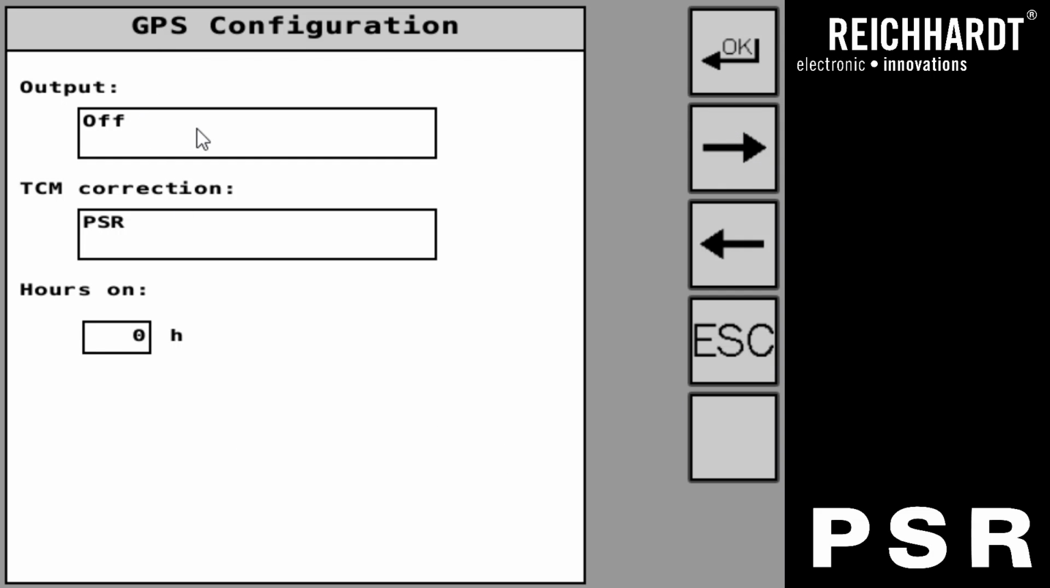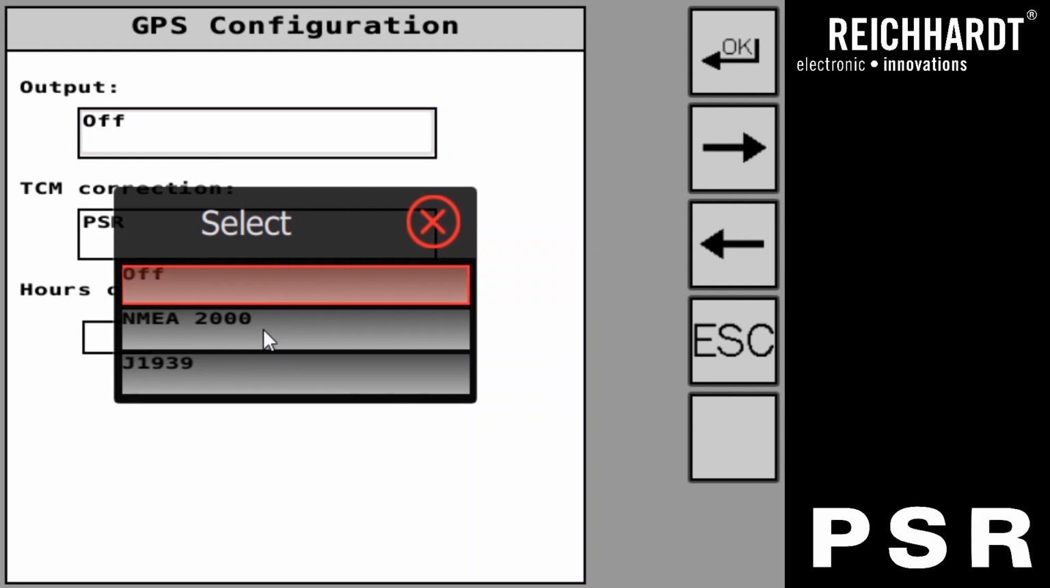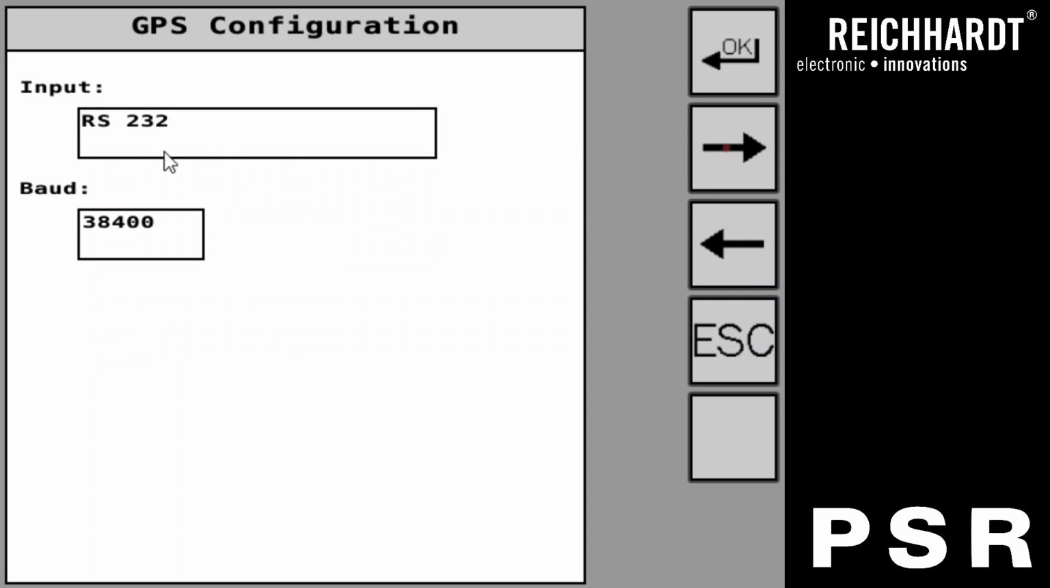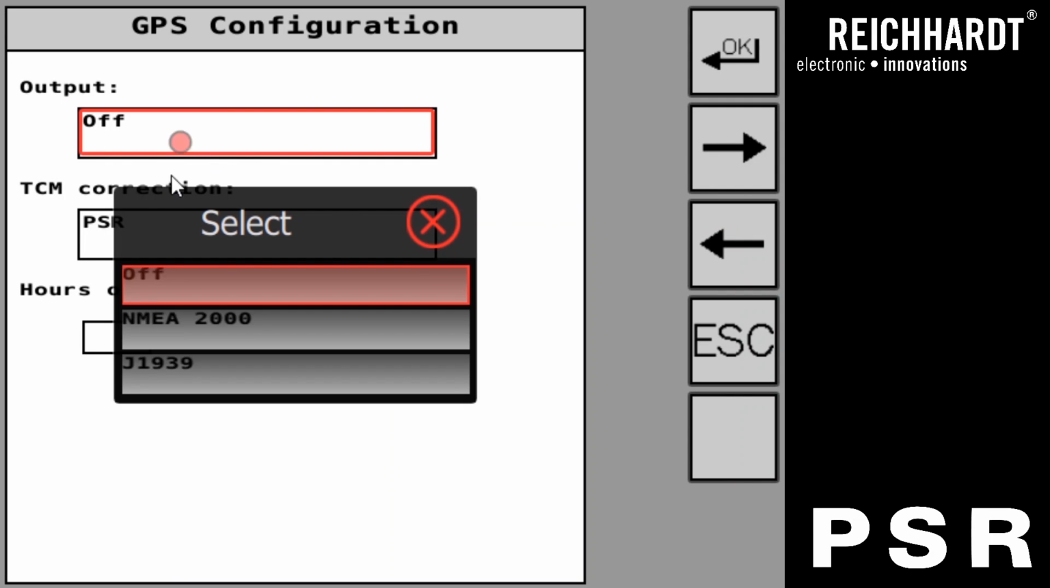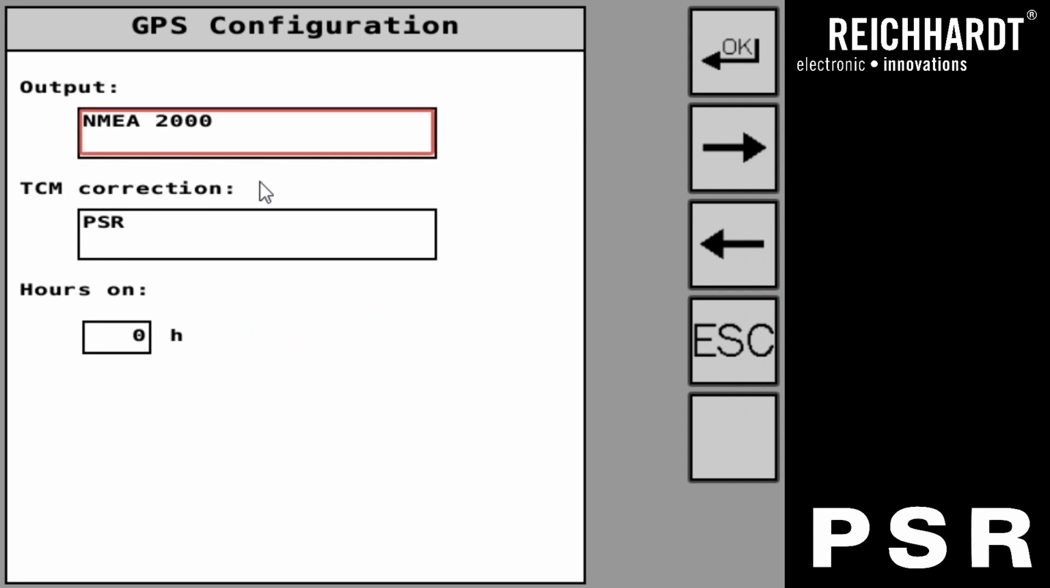So if we have a valid GPS input, we can then convert that to one of two different standards, the NMEA 2000 standard or J1939. So a really nice feature of our system. For example, I can read the serial output from a brand X receiver, and then our system can convert it to NMEA 2000, which then can be utilized by a brand Y screen or a brand Y controller. And then in addition,